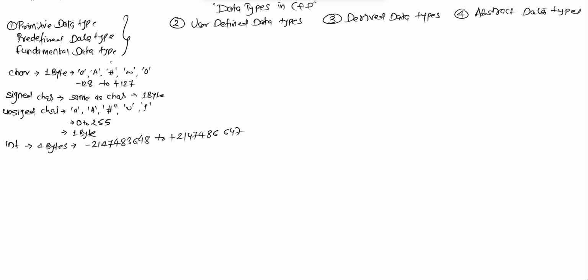That means it will store a negative value or positive value. This is the range. Now, similar to this, if somebody is using signed integer, this is the same as integer. Okay, and now if I talk about unsigned integer,